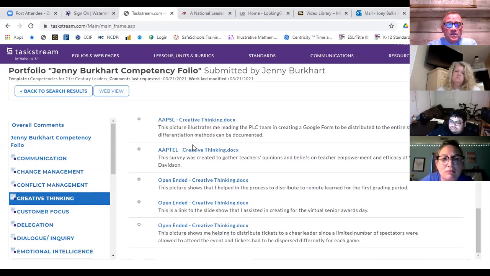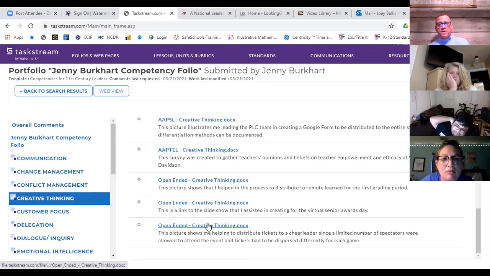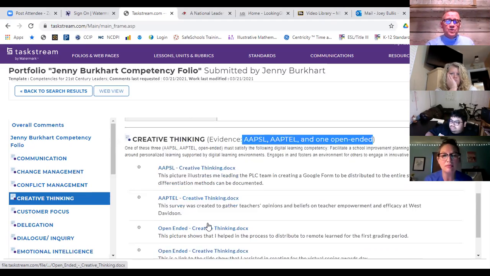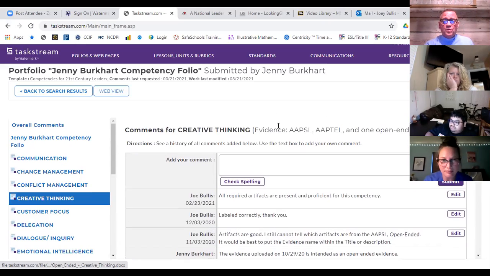So if I can click on each of these, and if it's just a picture, which I'm not going to click on, I know a brief backstory of what that picture is. That's how I want it. I want to be able to label, because if you just start throwing artifacts in there, it's hard for me to tell, especially if it's just a picture, which artifact goes with which one of these areas up here, these evidences.